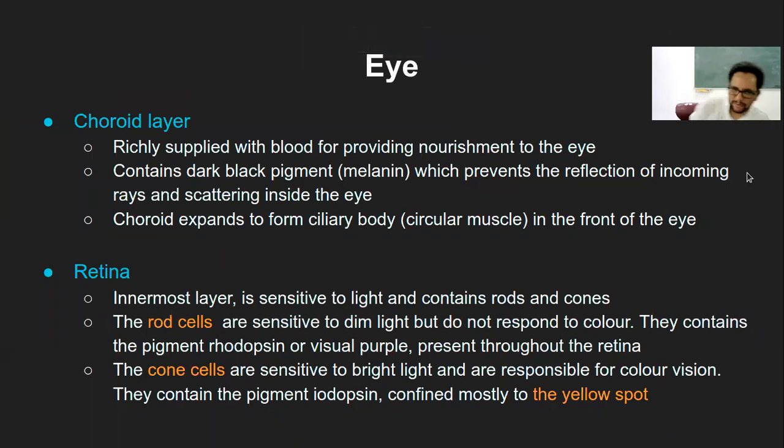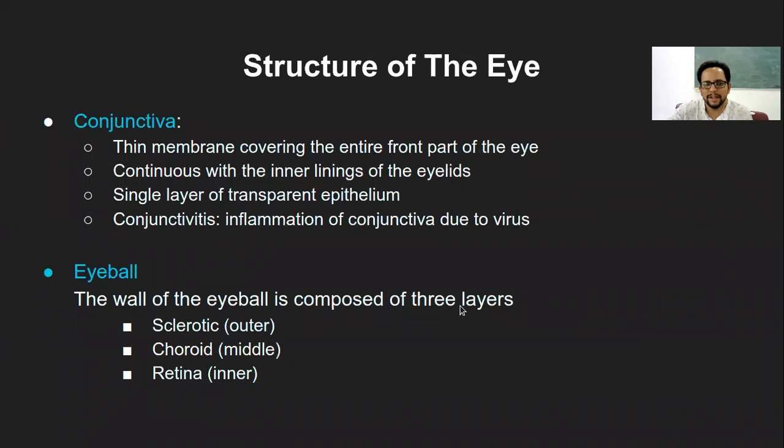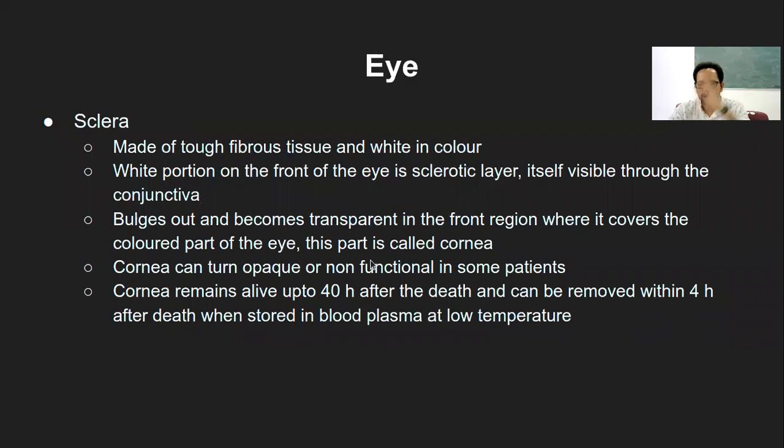Okay. Good afternoon, people. So in the last class, we were looking at different structures within the eye, starting with the conjunctiva, that was the outermost structure, which was transparent, through which the light will first pass. Then the eyeball, the whole round structure, which had three different layers: sclera, choroid, and retina, from outer to inside. So sclera is the whitish part of the eye that you have a look at.